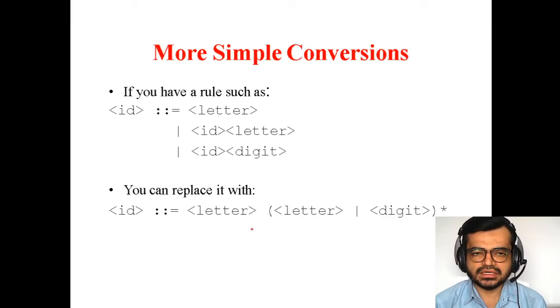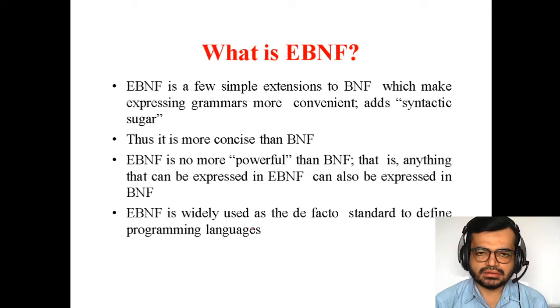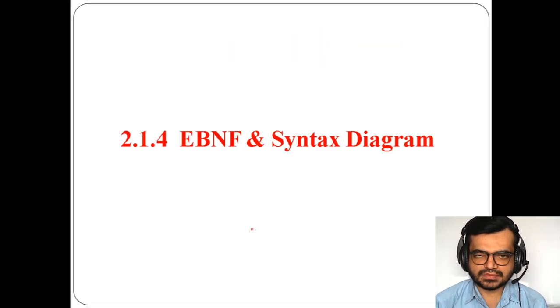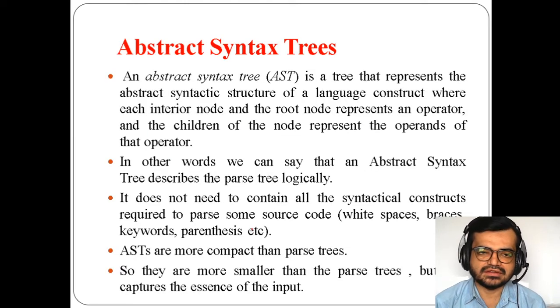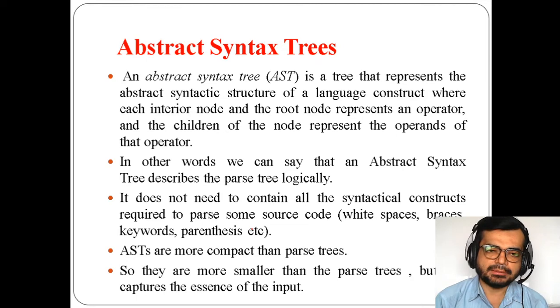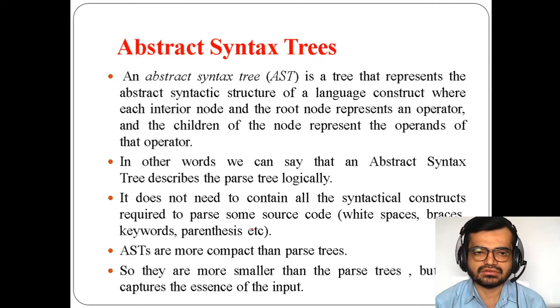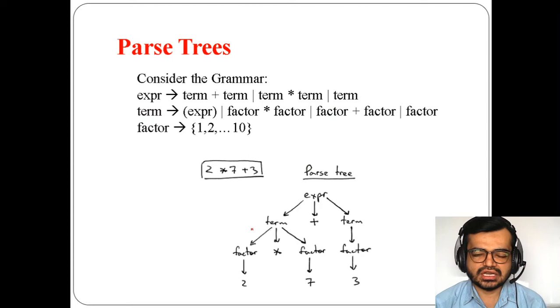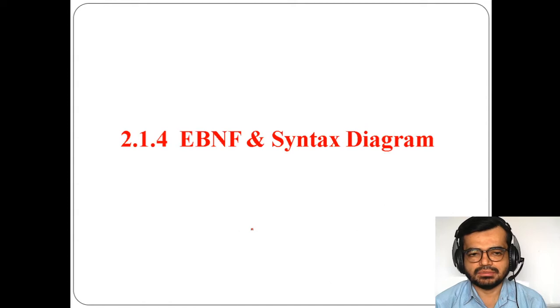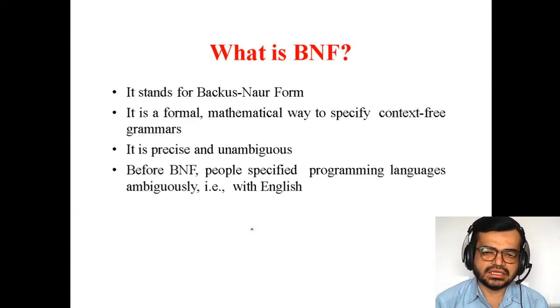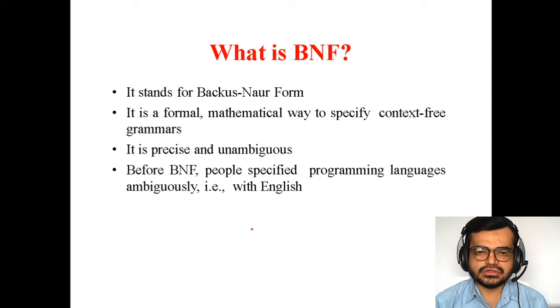We have also covered parse trees and syntax trees, and we have seen the difference between a parse tree and a syntax tree, and how they can be differentiated with examples. We have seen that parse trees and abstract syntax trees can be represented, and along with that we have seen EBNF. In order to understand the EBNF concept, which is the extended part of BNF, first we saw what a BNF stands for and what it represents.